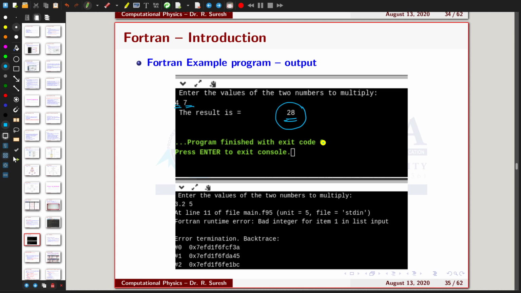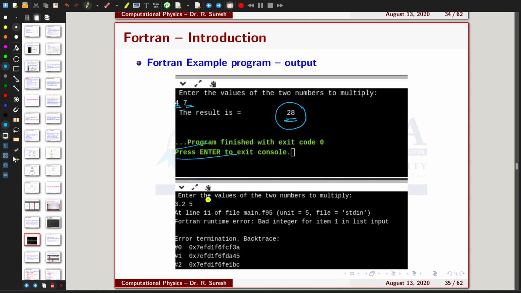That means it doesn't have any errors. And suppose if you want to go further, then you can just enter this. This is up to you, or it actually depends upon the compiler you are using. So here you can see that I have given the two integer numbers, so that it has given the correct answer.